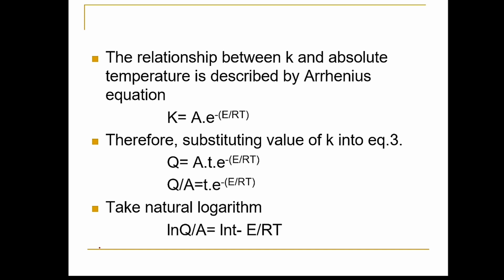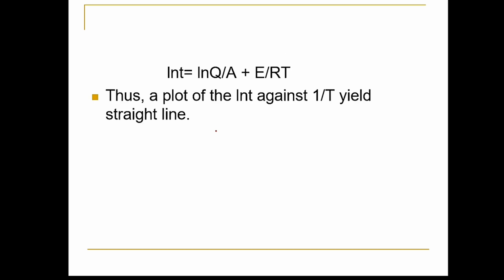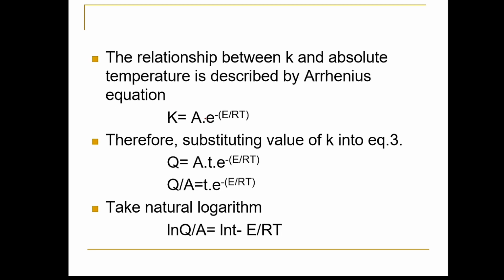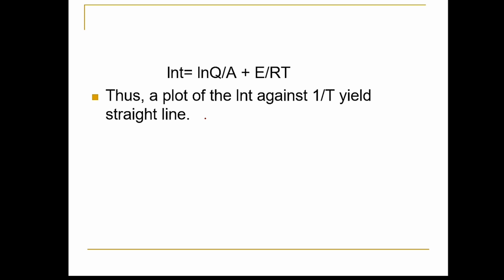Now, if we put A aside, Q upon A is equal to t e raised to minus E upon RT. And on taking natural logarithm, ln Q upon A is ln t minus E upon RT. So ln e is equal to 1, therefore we are not considering it. So ln t is equal to ln Q upon A plus E upon RT. Thus a plot of ln